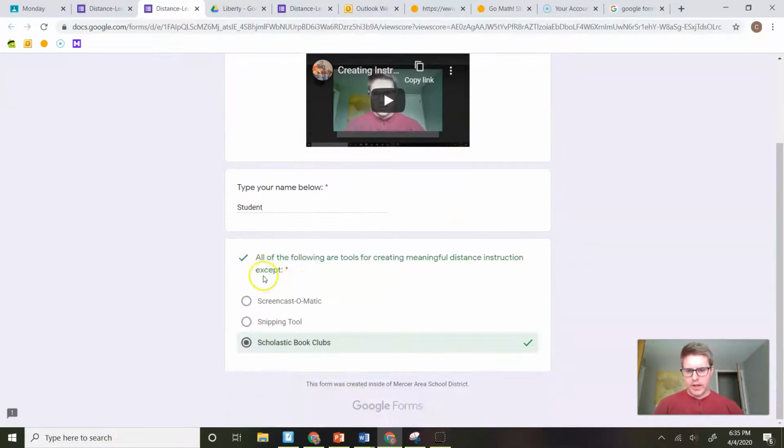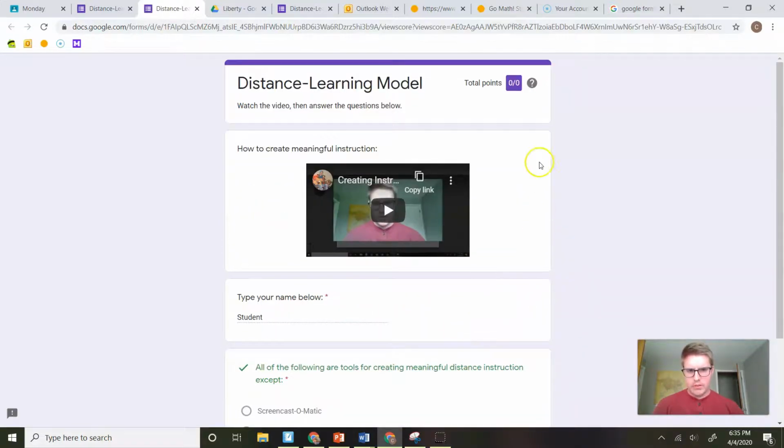All right, so I got this question correct, and if I wanted to, I could have made it worth points, but since this was just an example, I didn't. Now, that is what the students would do, and then they would be done. See how simple it is? All teachers are doing it. It'll be very uniform. Parents will be very grateful. From a teacher's perspective,